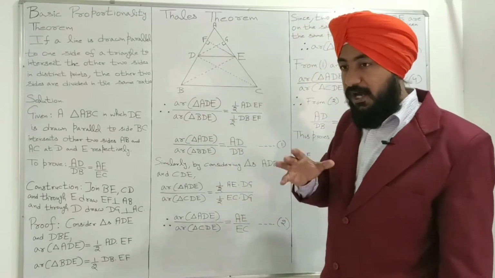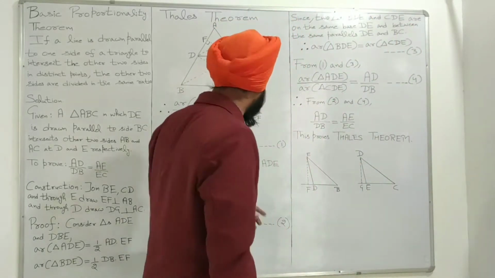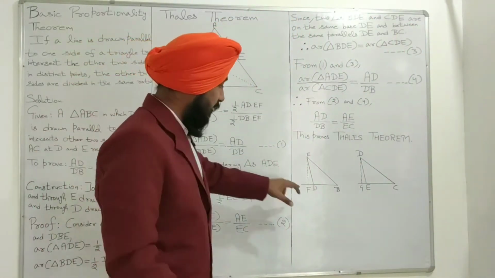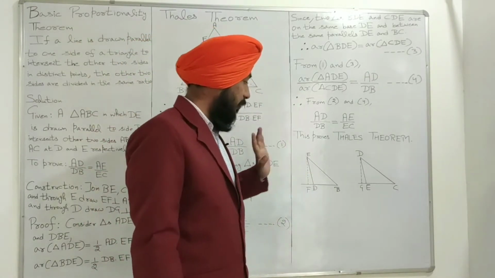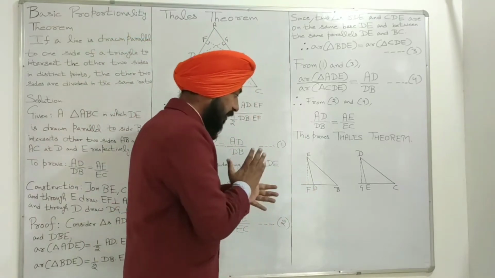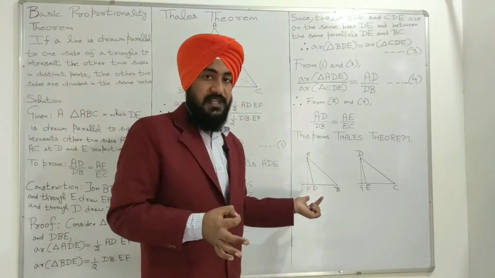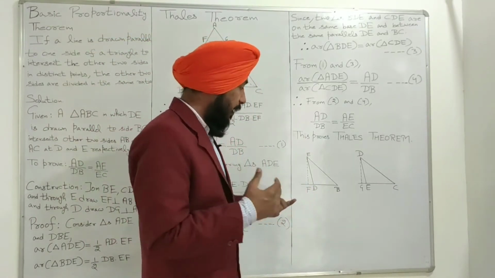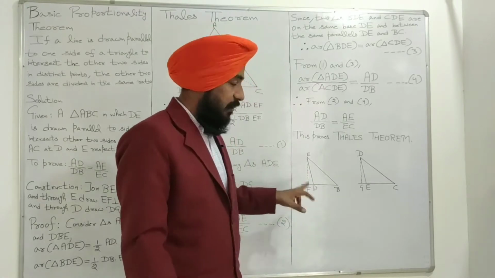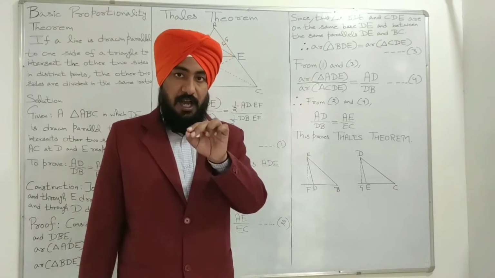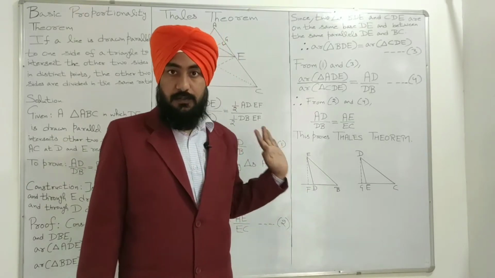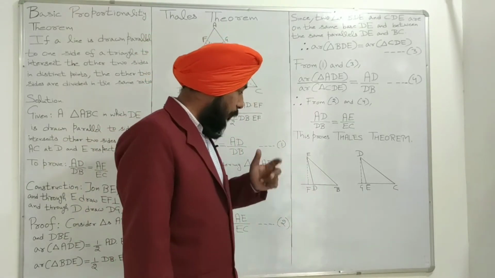So what is the reason behind this? You can see here. Please compare this with this. I have drawn this triangle DBE here. By looking at this triangle, you can observe this is an obtuse angle, and we can't take the height of this triangle inside this triangle. Please listen to this carefully. This is the obtuse angle.